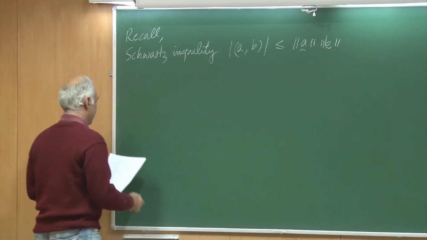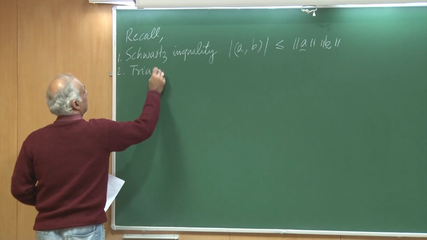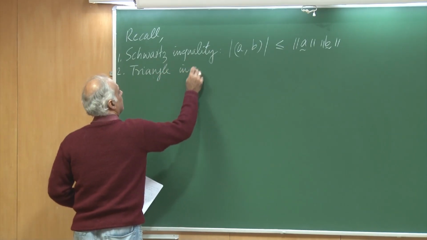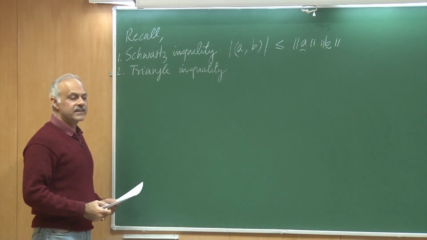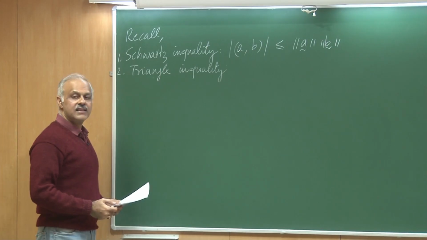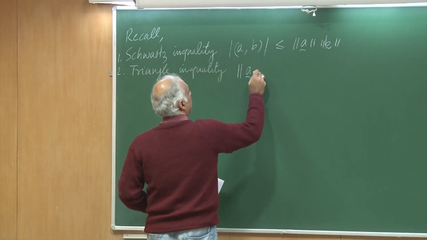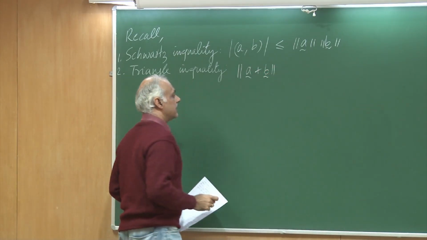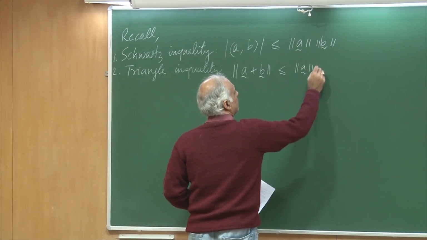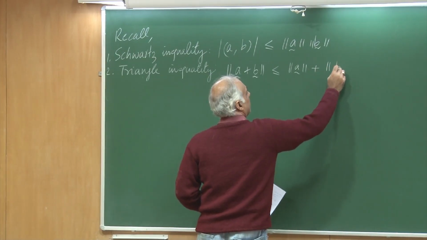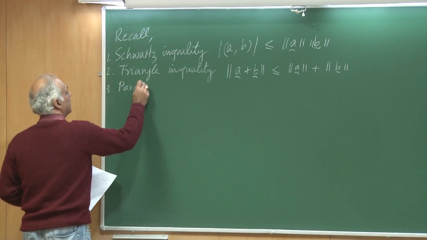Similarly, there is something called the triangle inequality, which again states if I have two vectors and I take the resultant vector, then what about the magnitude of that? So if I take the length of A plus B, then this is certainly going to be less than the length of A plus the length of B. And then of course we have the parallelogram inequality,